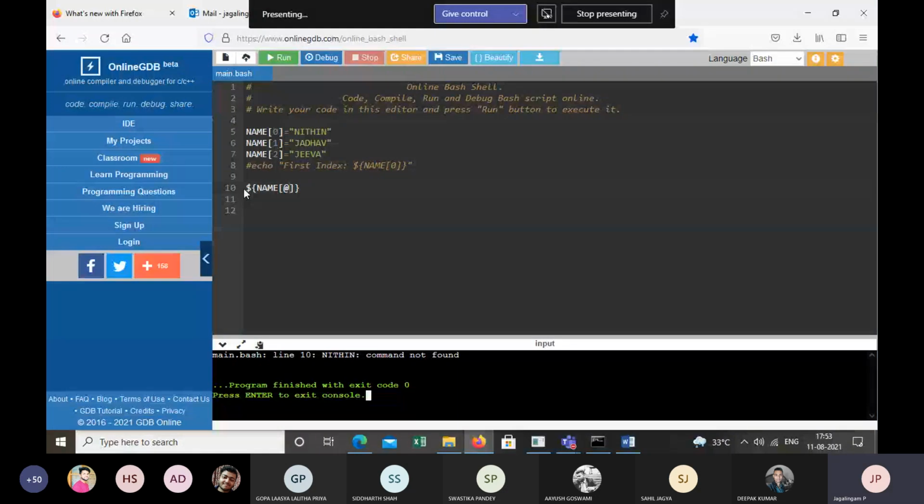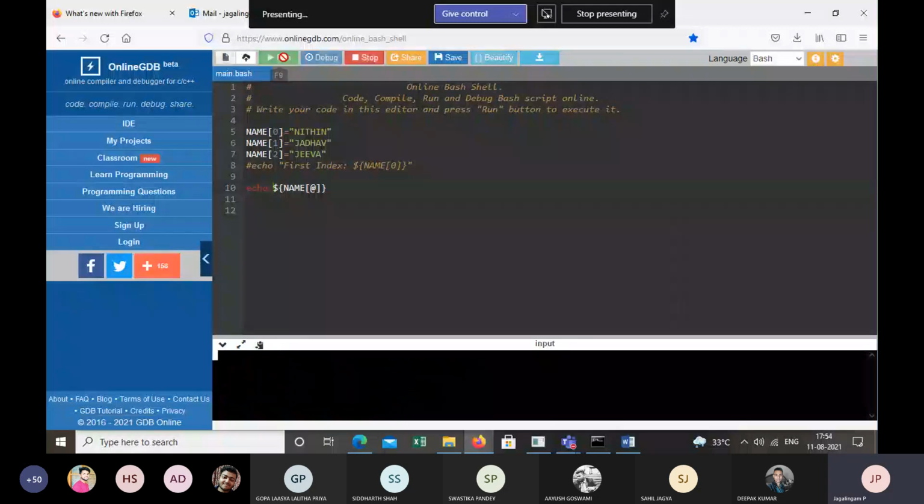What have we done? What have we not used? Echo, sir. Good. We have not used echo. Fine. So echo dollar name of the array. Now can you see the output? Yes, sir. Good. So this is the basic of shell script.